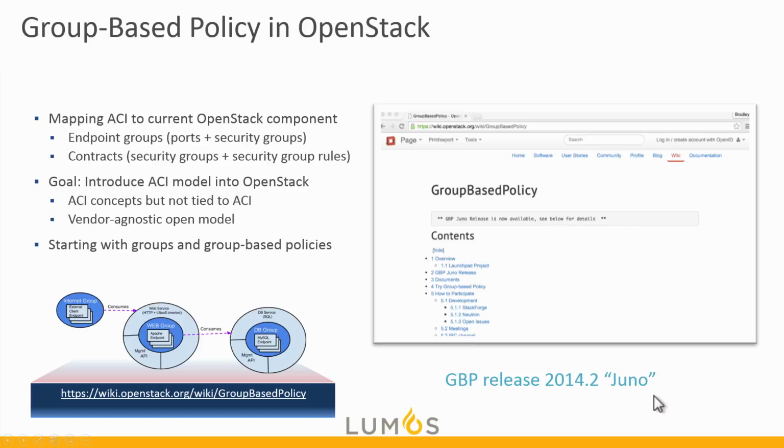So for the Juno release, the version corresponds to the year and then the release. Since they're released every 6 months, roughly May and November, the May release would be 2014.1, and I believe this was the November 2014 release, so 2014.2,